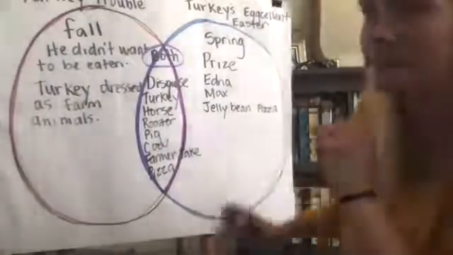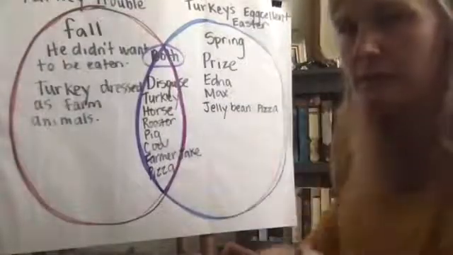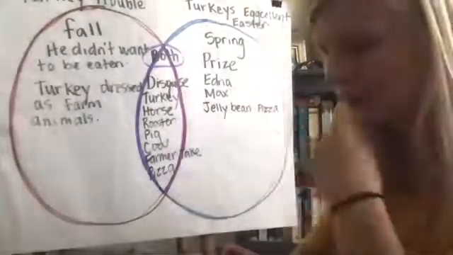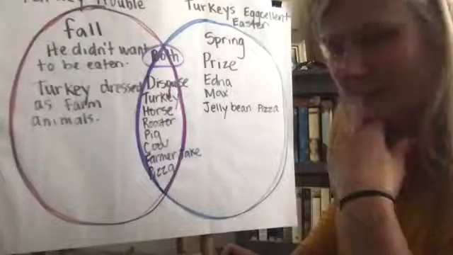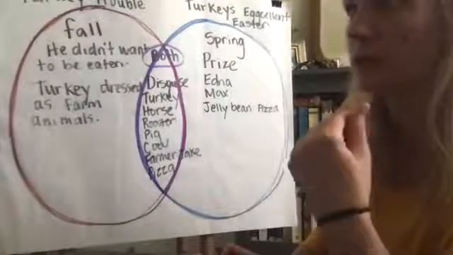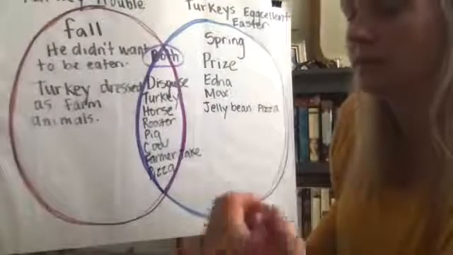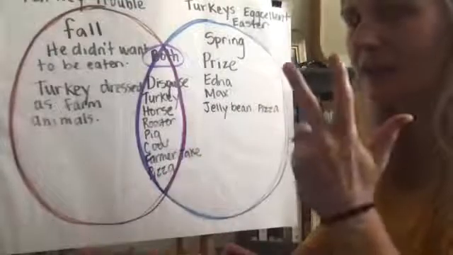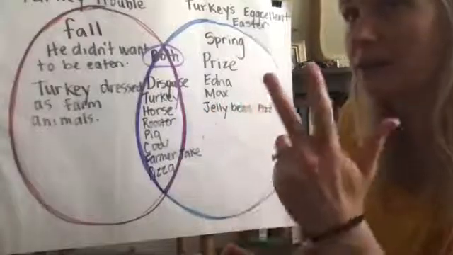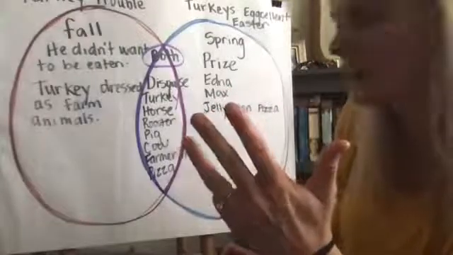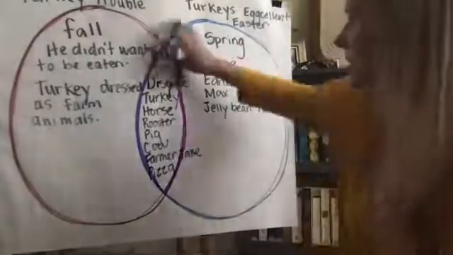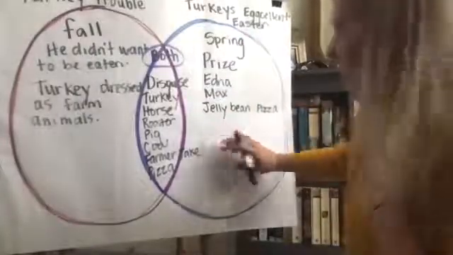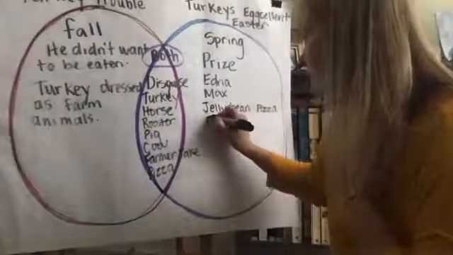Now, in Turkey's Excellent Easter, did he necessarily dress as animals that just live on farms? Yeah, he dressed as some different things, didn't he? I'm thinking back, he dressed as a rabbit, as a daffodil, as a bumblebee, and what was that last one? He dressed himself up as an Easter egg. So, did he dress himself up as farm animals in Turkey's Excellent Easter? No, he dressed as a bee,